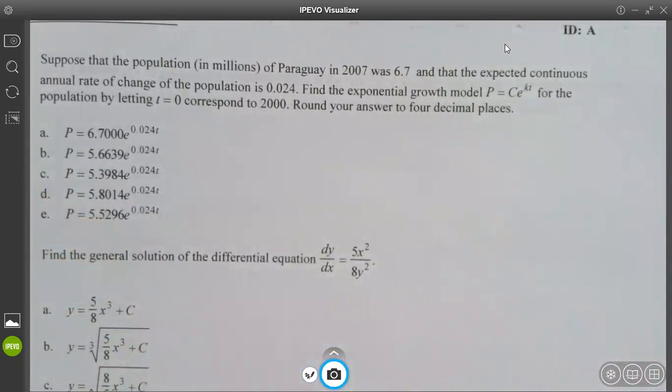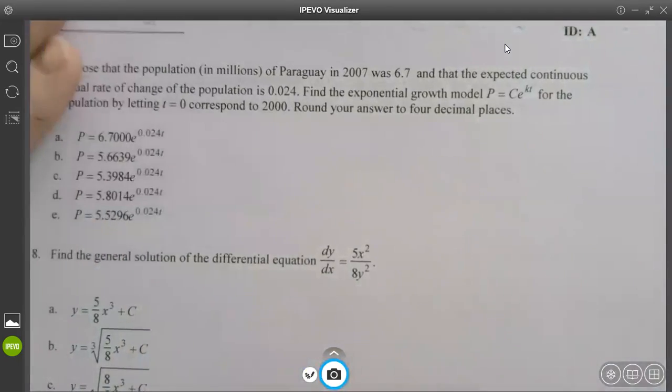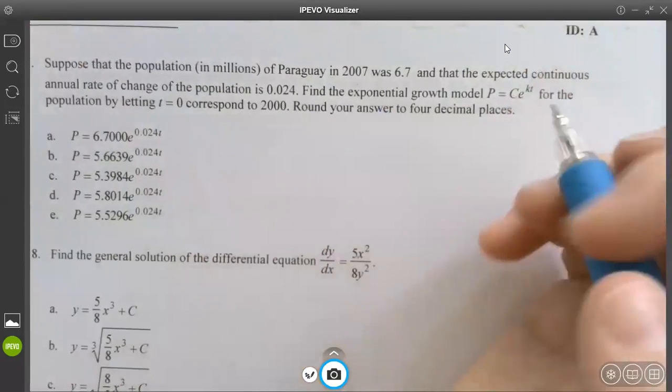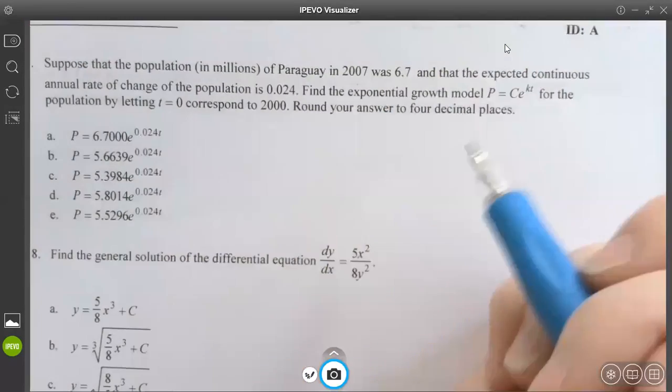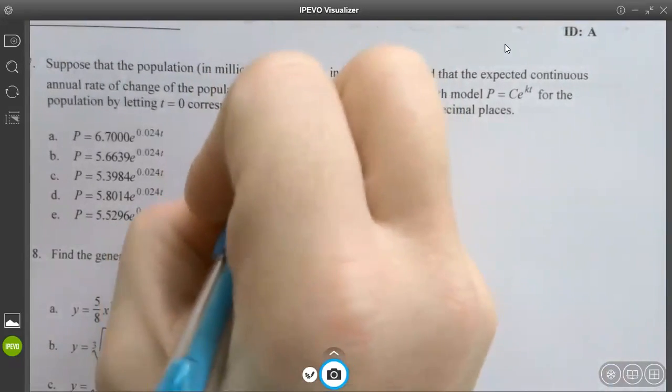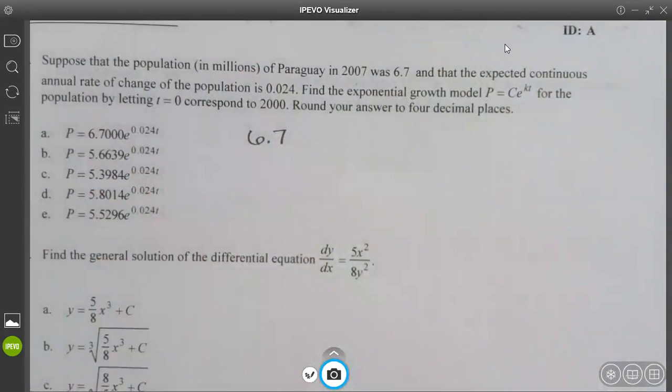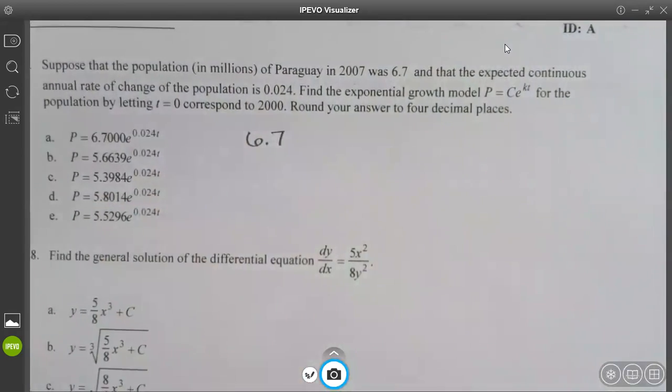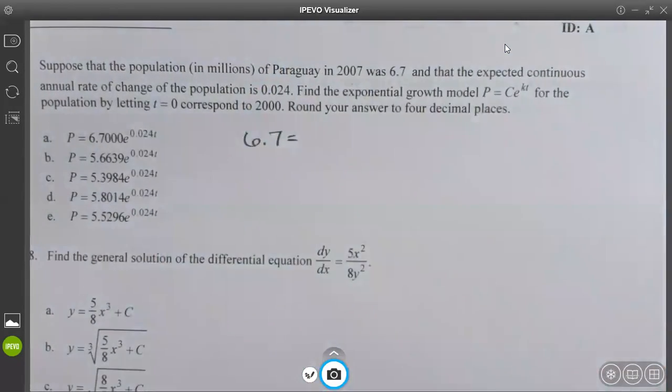All right, look at this one. Suppose that the population in millions of Paraguay in 2007 was 6.7 and the expected continuous annual rate of change of the population is 0.024. Find the exponential growth model. It gives you the formula, the same formula we've been using. For the population, by letting T equal 0 correspond to 2000, round your answer to 4 decimal places. So in 2007, it was what? 6.7. Equals